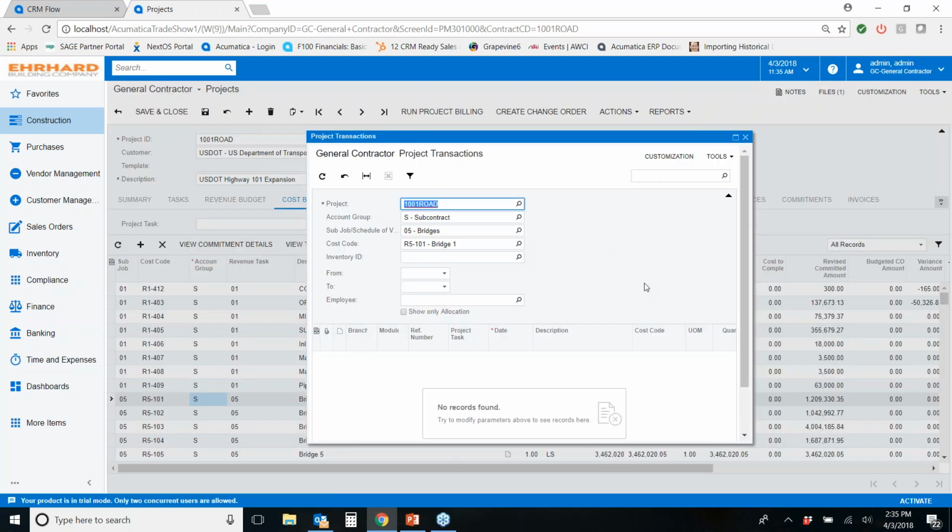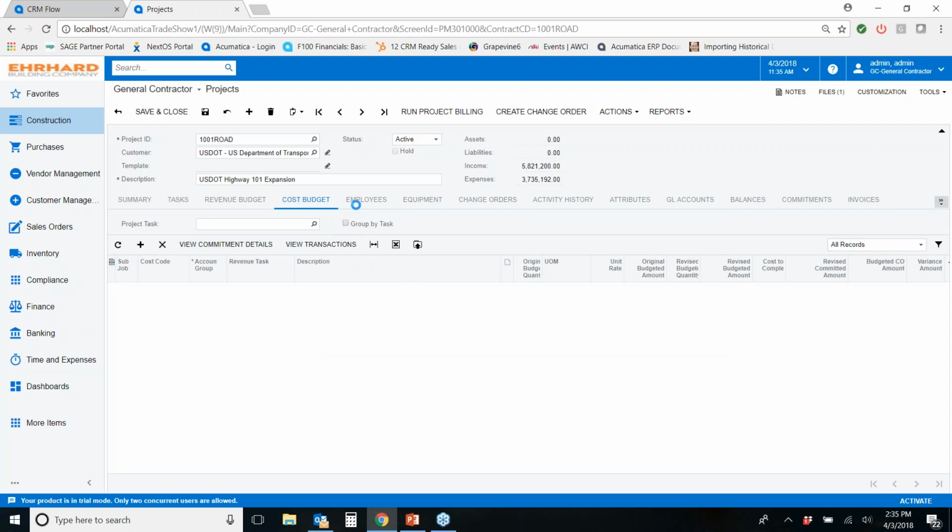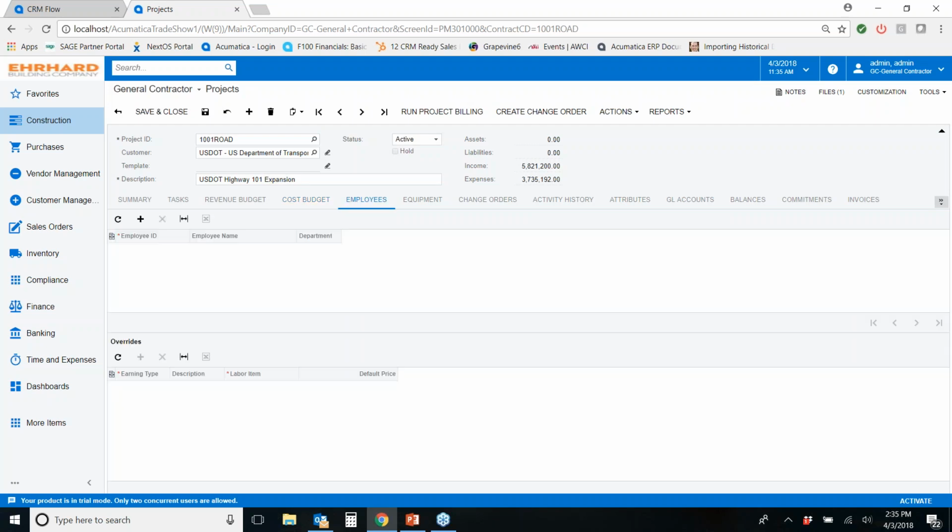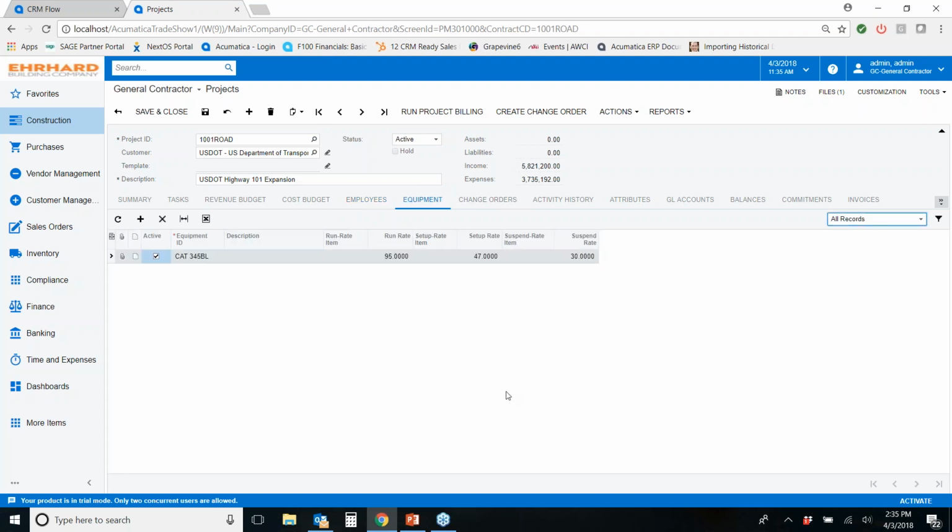And this would show me any transactions if I had transactions attached to it. Kind of moving along through this further, I can set up different employees. The system assumes that all of the employees are going to have access to this particular project. But if there's certain employees that I want to restrict, I could add those in here. Same thing with equipment. If I want to track equipment rates and cost to my project, I can include that